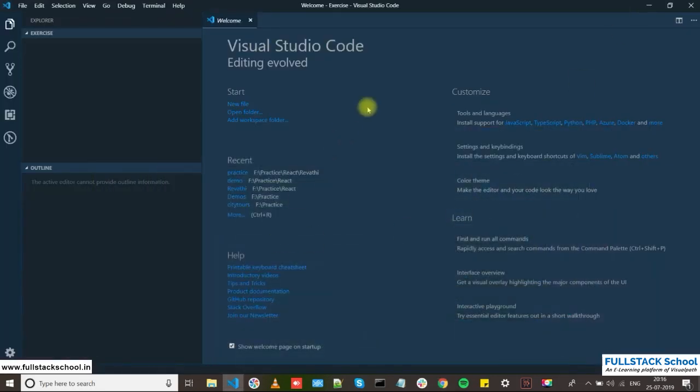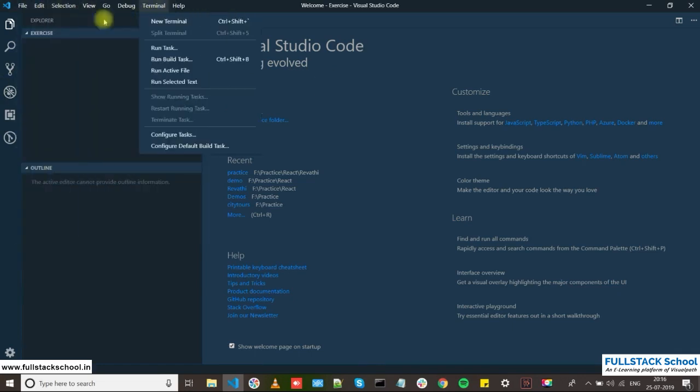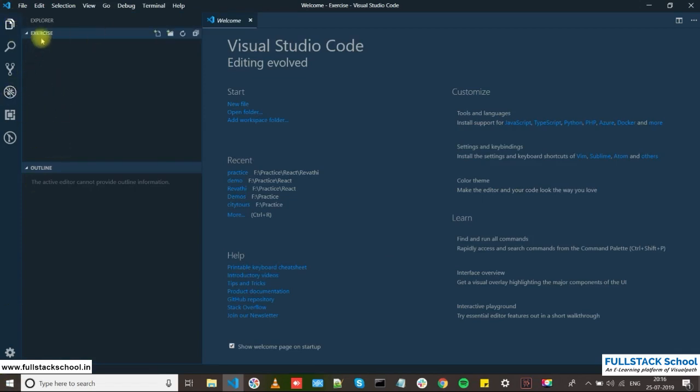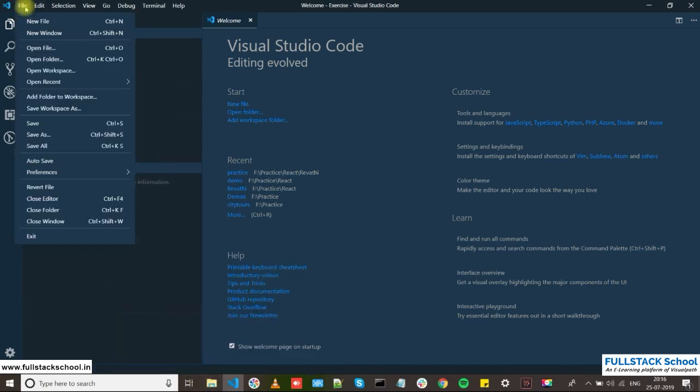So this is going to be our VS Code editor, and I hope if you have already worked with any IDEs, you should be pretty comfortable working with VS Code. Obviously there are some menus at the top, and we have this left bar, and we have this explorer, outline.